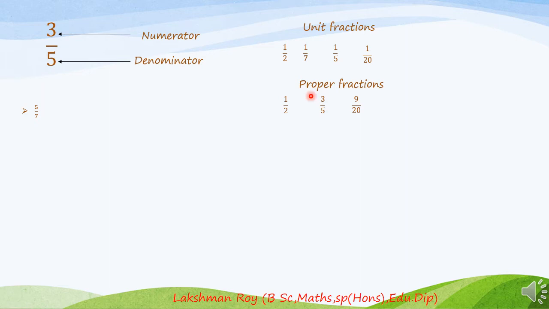Now I'm going to remind you of another part. See here this fraction 5/7, right? This is a proper fraction. This proper fraction I can write using a unit fraction. Here you can see the denominator is 7, which means you can write this proper fraction using a unit fraction. What is the unit fraction? 1/7. You have to use this denominator. In this 5/7, how many 1/7 are there? There are five 1/7, right?